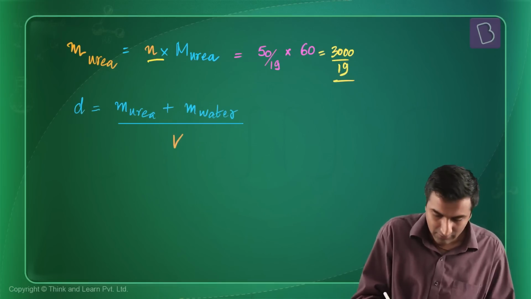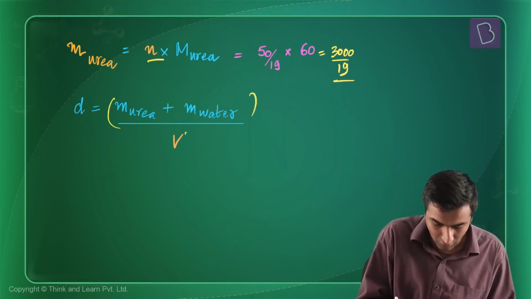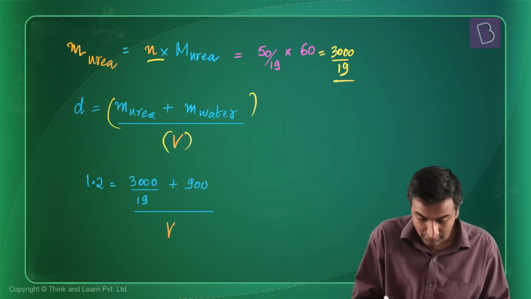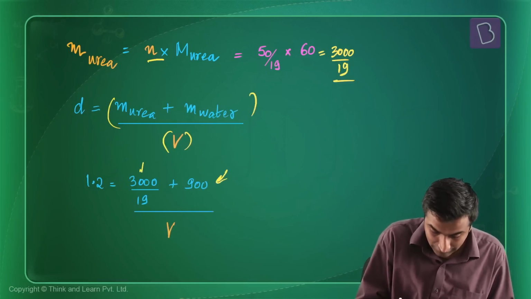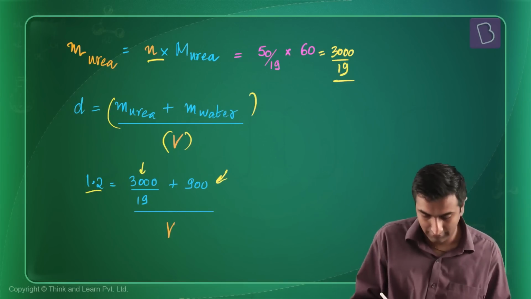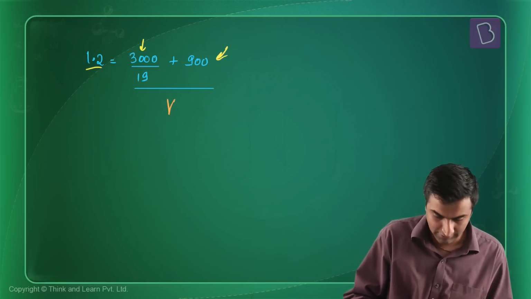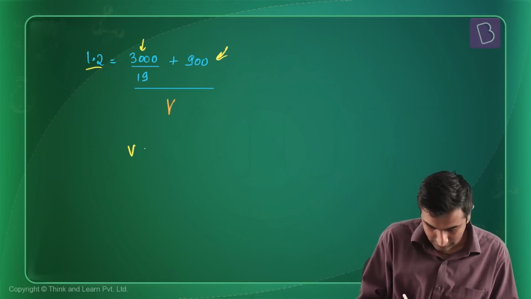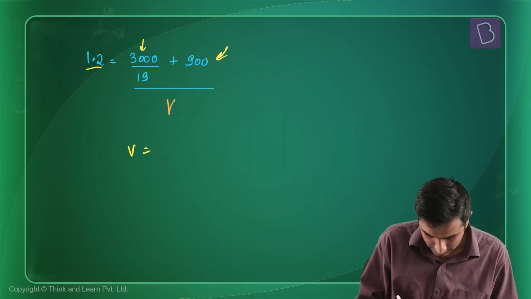I have density is going to be the total mass divided by the total volume. That's what this equation says. Total mass is mass of urea plus water. This is given to me. This is something we calculated just now, 3019. Density is also given to me. All I need is to just get the volume. Yeah, just take things on the other side. So what I would get is this V is going to be equal to 3000 by 19 plus 900 divided